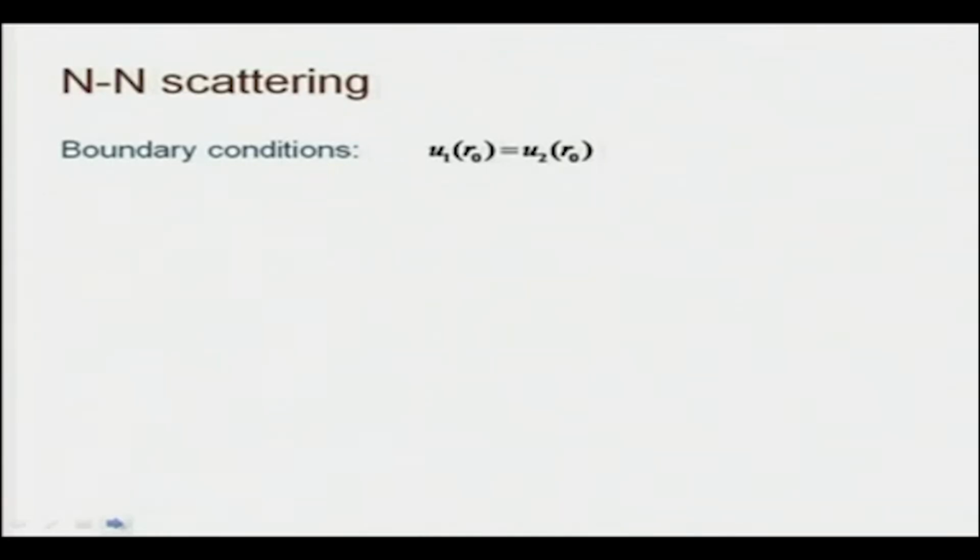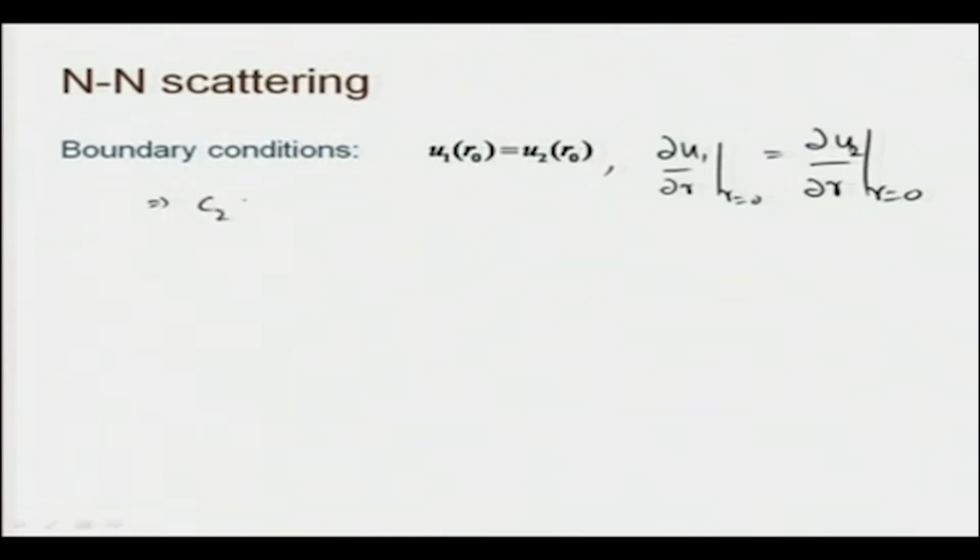Okay. So, here we have the boundary condition u 1 at r 0 equal to u 2 at r 0, that is one of the boundary conditions. The other boundary condition is the derivative of u 1 with respect to r at r equal to r 0 is equal to the derivative of u 2 at r equal to r 0. So, they should be equal. So, these are the two boundary conditions, and then this gives us one